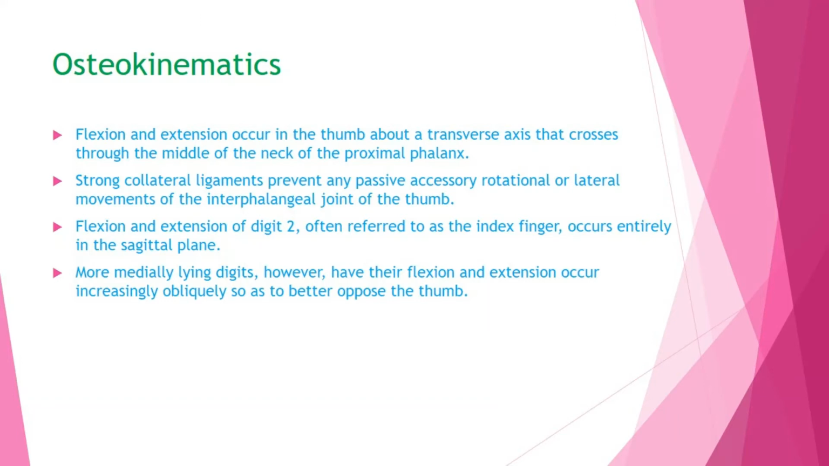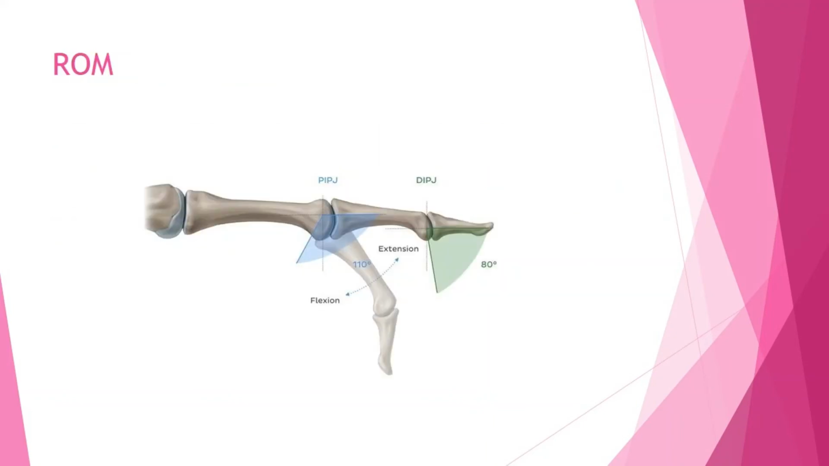Hello everyone, my name is Sanjeev Burman. Now I am going to discuss the kinematics of the interphalangeal joint: osteokinematics, arthrokinematics and range of motion. As you know, this joint is called the interphalangeal joint, and it has concave and convex surfaces, whereas the base of the phalanx is concave and the head of the middle